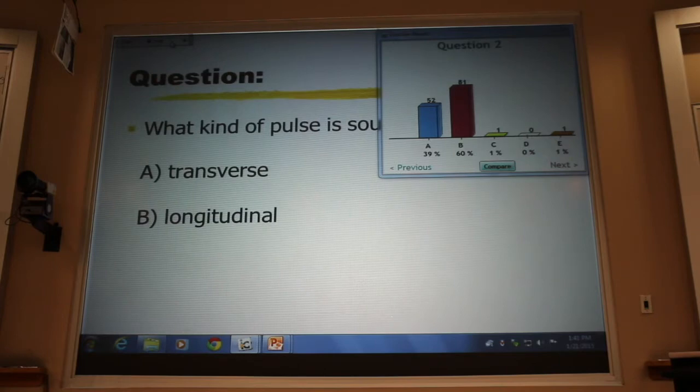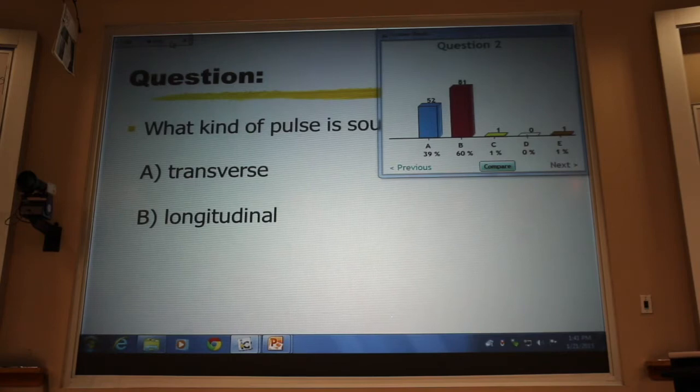You remember in 205 we defined a fluid as anything that conformed to the shape of its container, be it a liquid, or a gas, or a gap. Those were the three types of fluids. So what we find is that you cannot send a transverse pulse in a fluid like a liquid or a